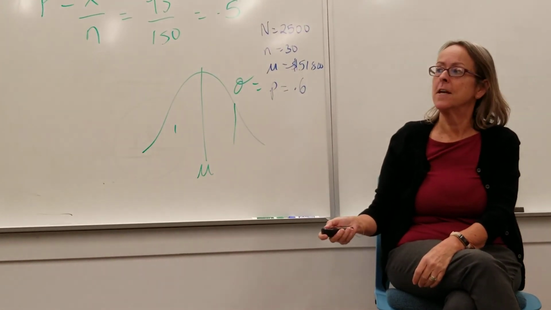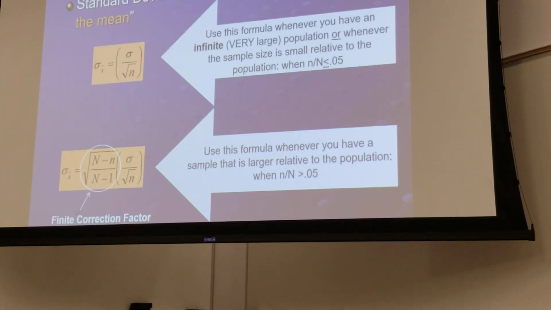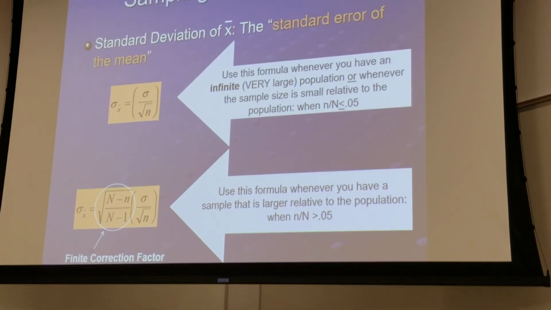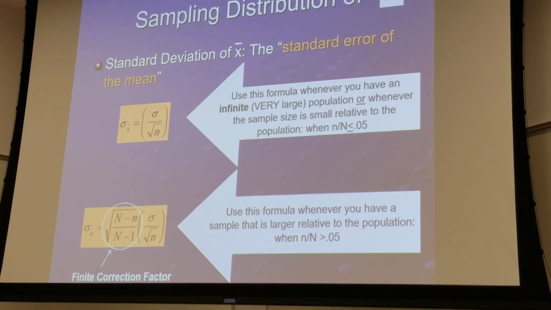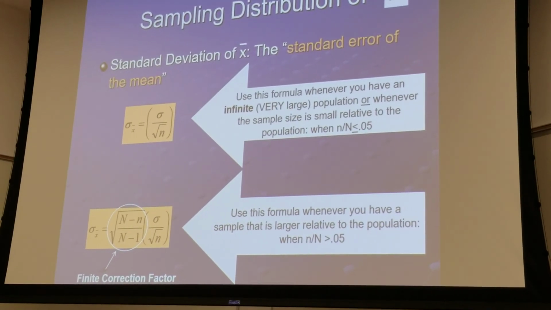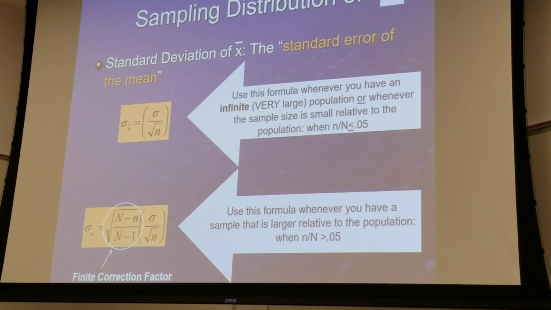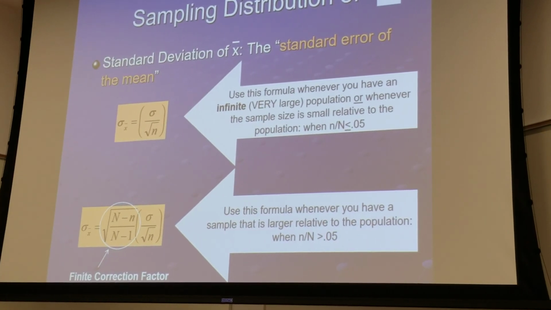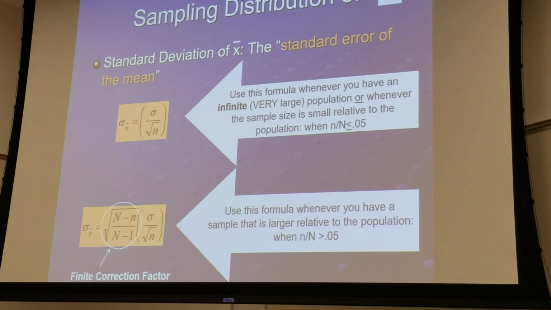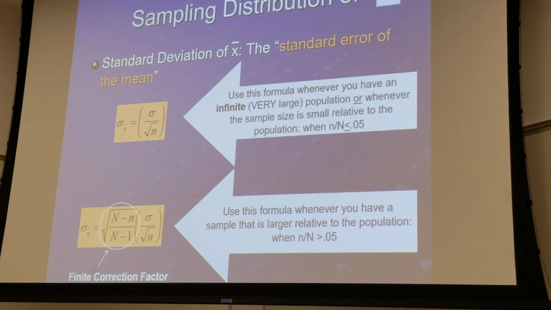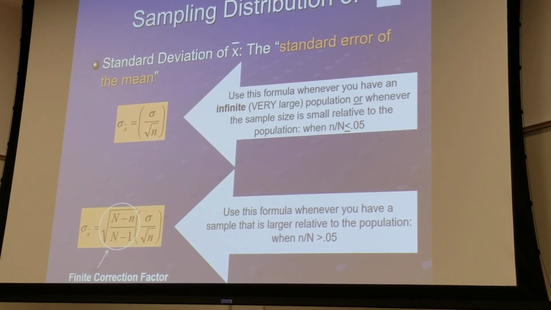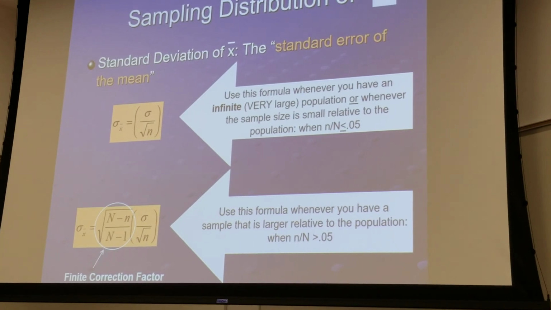This is called the finite correction factor. It's a reward, it's not a punishment. And you get to use it if you take a sample that's at least 5% of the population. It's your reward for taking a big sample. It means you've got great data. You have great data, I think your error rate's going to go